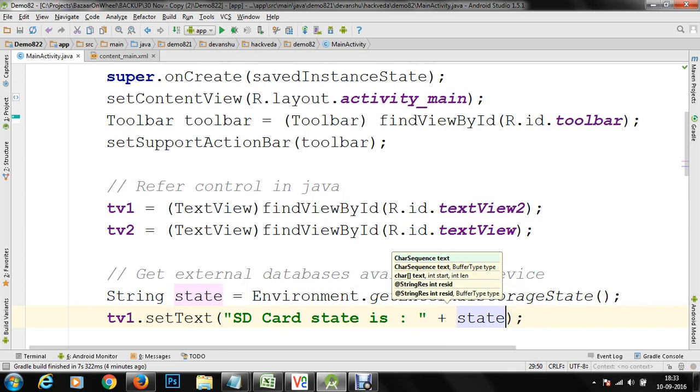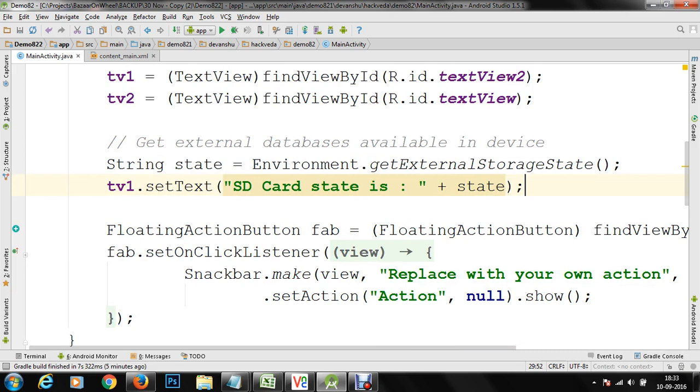So we have got that state here. So finally we have the state here, and next what we need to do is we are going to save that, and we are going to test that on our mobile device.